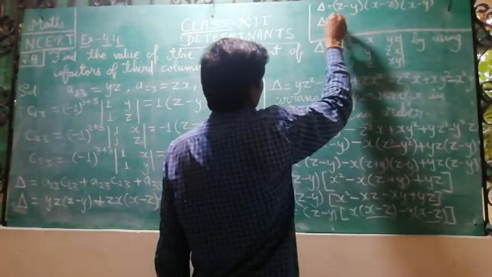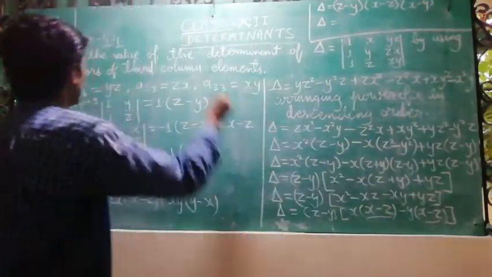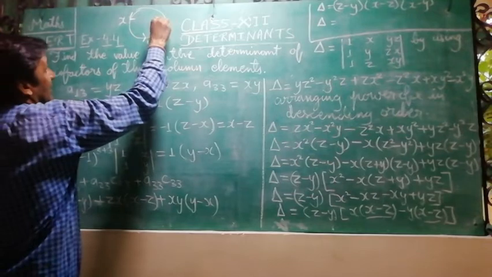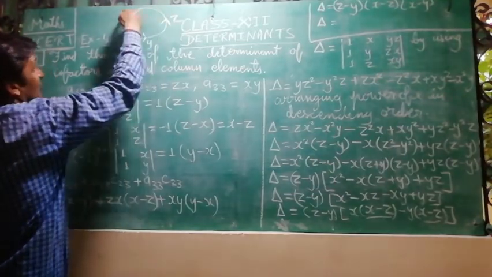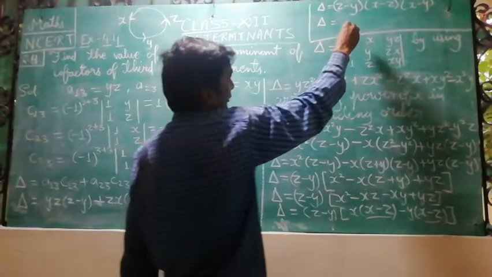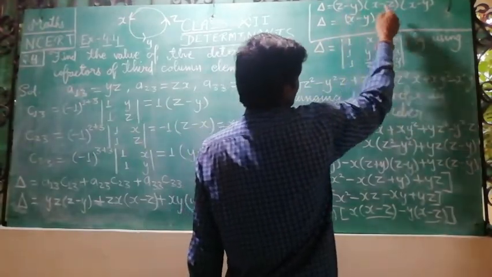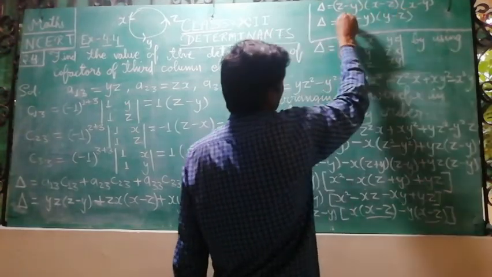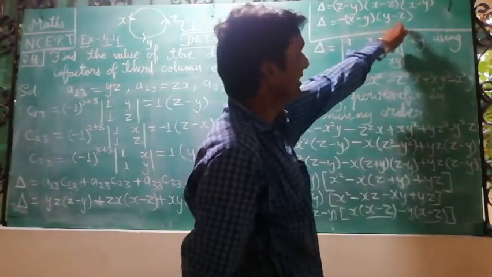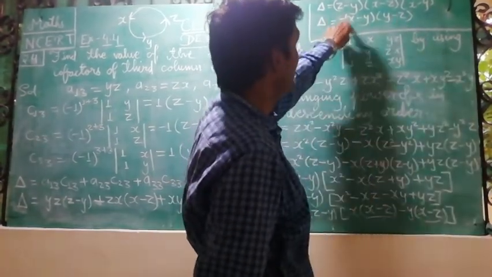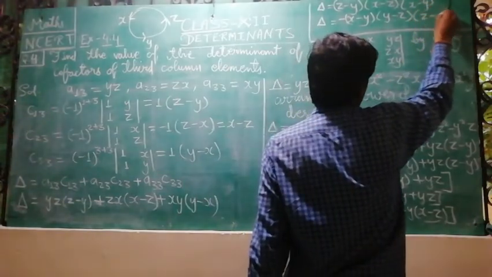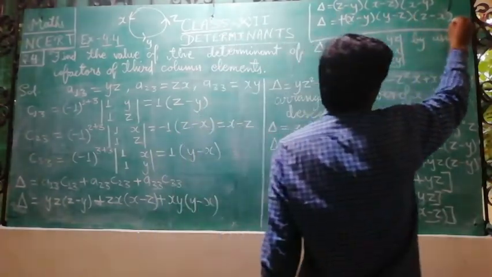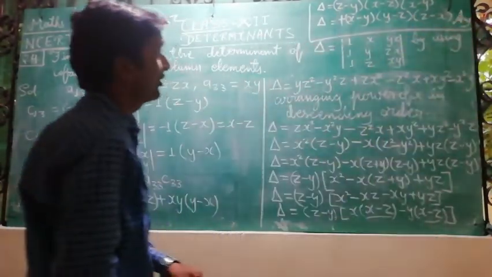So write it in cyclic order. What is cyclic order? This is cyclic order: x, y and z, like this. So x minus y, y minus z, and z minus x first of all we have to write. So x minus y is x minus y only. But if we write z minus y as y minus z, then this will become negative, because z minus y is written as y minus z, so minus sign is taken common. Now z minus x. If we write z minus x, then again minus sign is taken common. So that minus and this minus will become plus. So this is the final answer for the question.